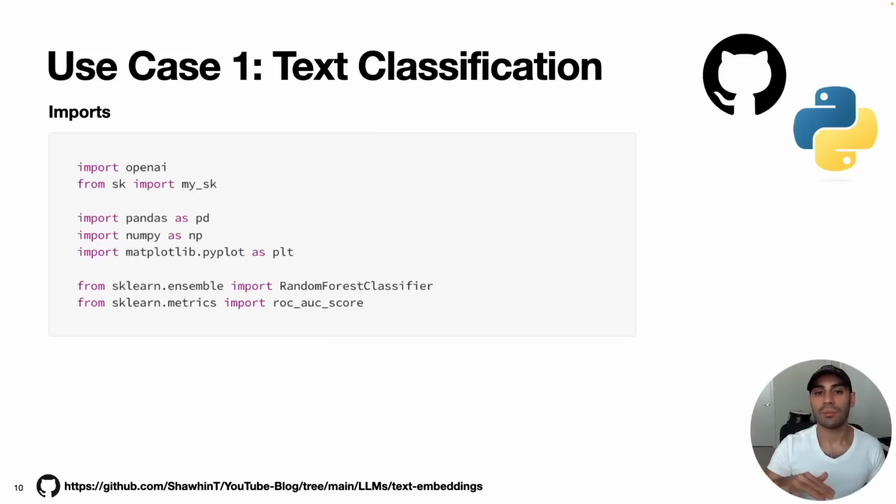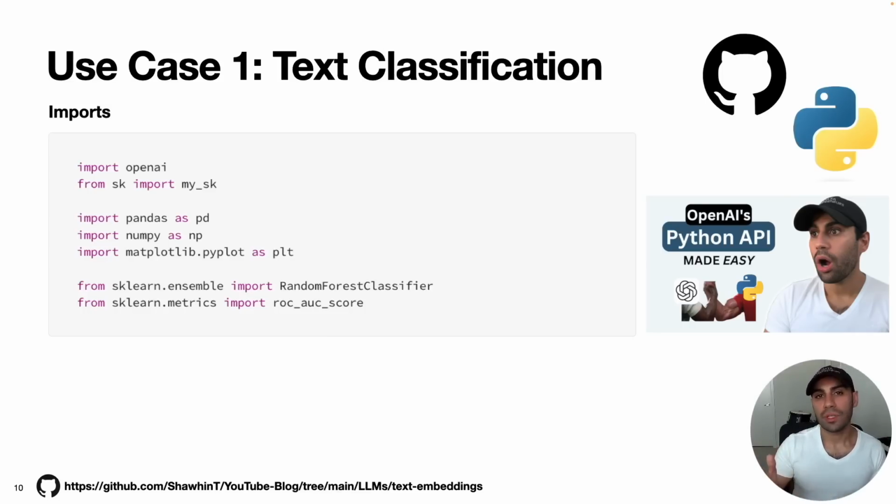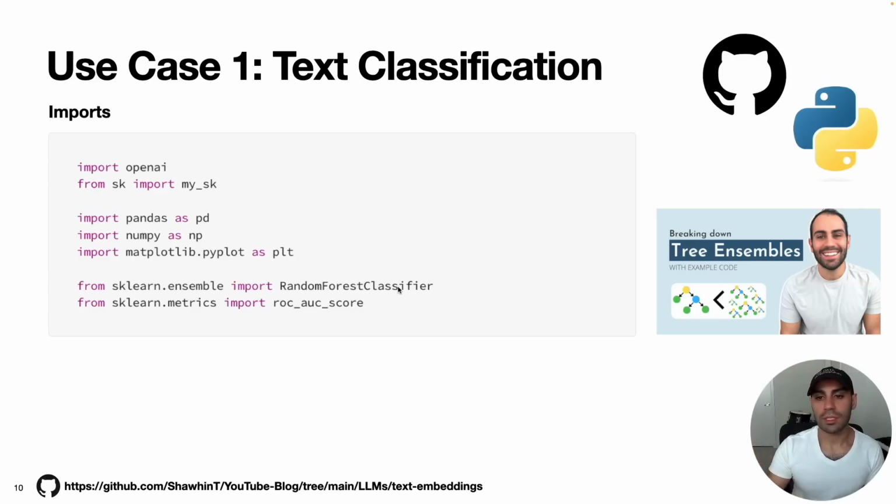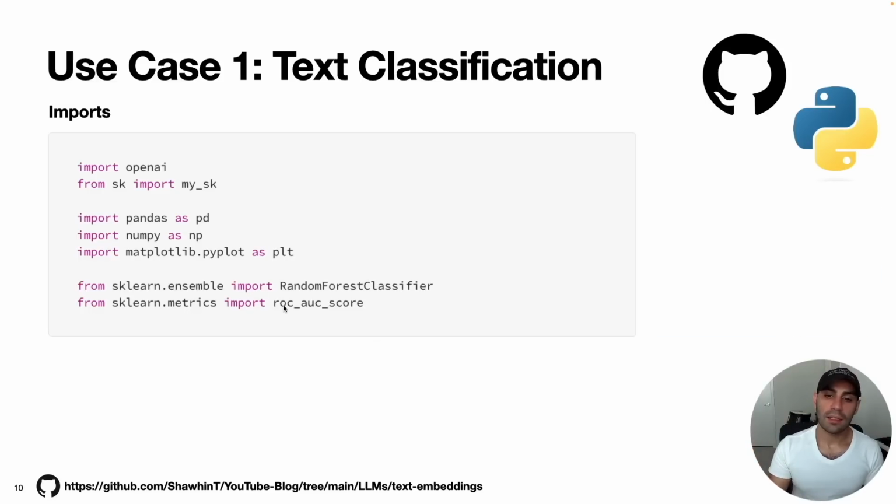To use OpenAI's embedding models, we'll need to use their API, which requires a secret key. If you're unfamiliar with the OpenAI API or how to get a secret key, I walked through that step by step in a previous video of this series. Next, I'll import pandas, numpy, and matplotlib. So we'll use pandas to structure the data, we'll use numpy to do math, and we'll use matplotlib to visualize things along the way. And then finally, we will import some things from sklearn, specifically their random forest classifier, which is just a machine learning technique for doing classification, and then the ROC-AUC score, which is a way to evaluate